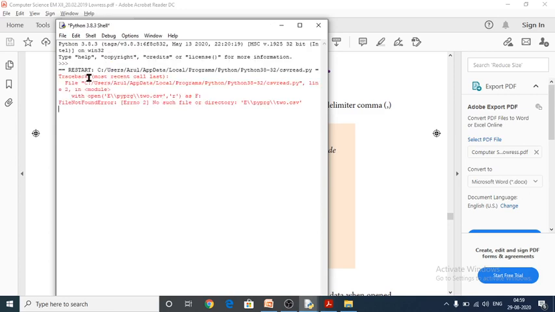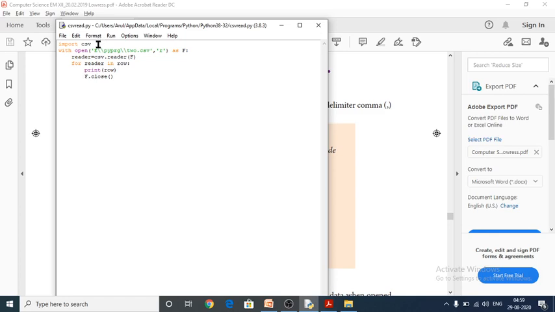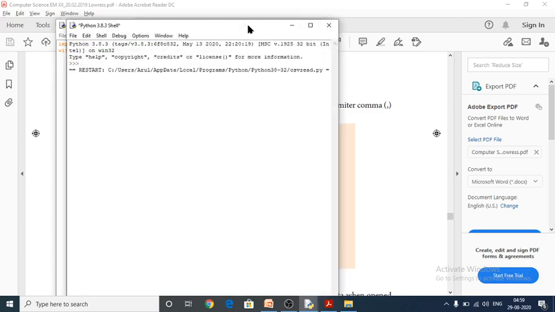No such file or directory, because I made a small mistake here. I have to give a colon, sorry. Save it again. Run this one.